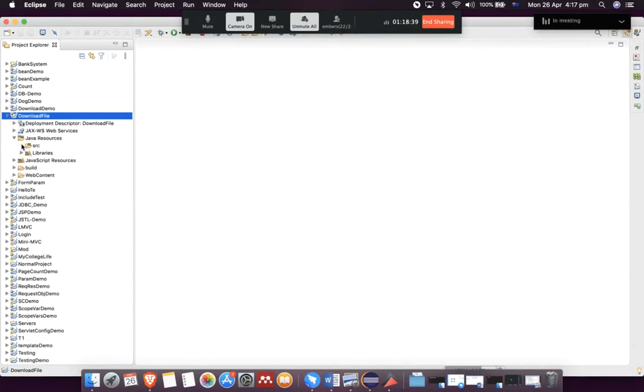Okay, open source. Okay, what I need is first I want to have a servlet. We use the response object to set the content type and set the header, and then we will have a while loop to read the file to be downloaded, and write it to the output stream. Okay, so let's go ahead,